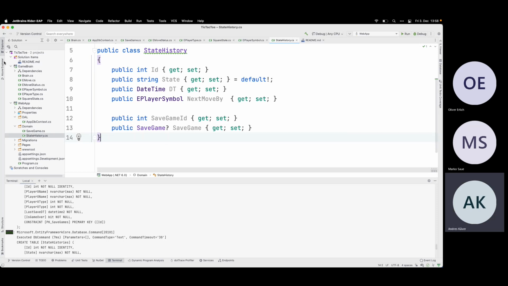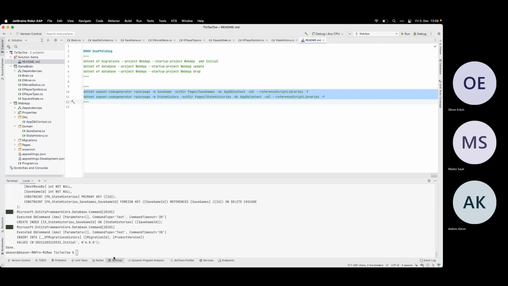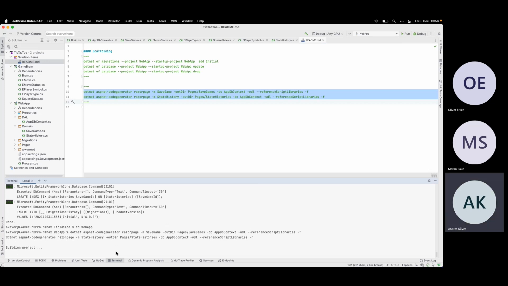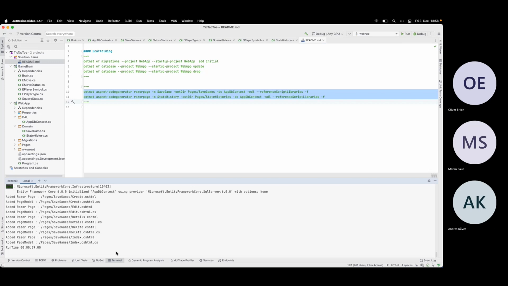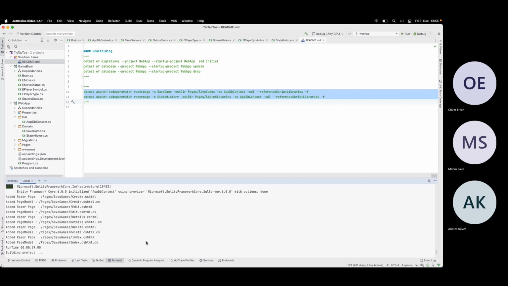So now I can scaffold my web pages. Save game should be okay. Just 2 commands. Oh, what did I do now? No, should be okay. Save games. Create. Okay, and state history is here.